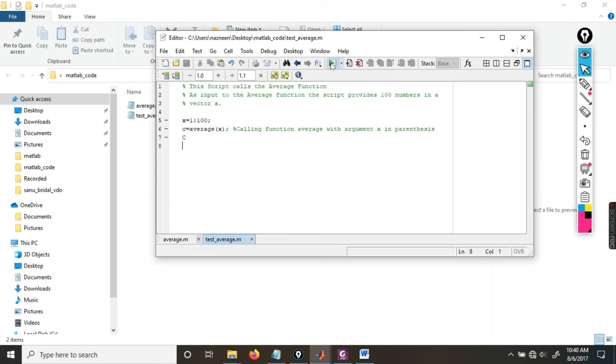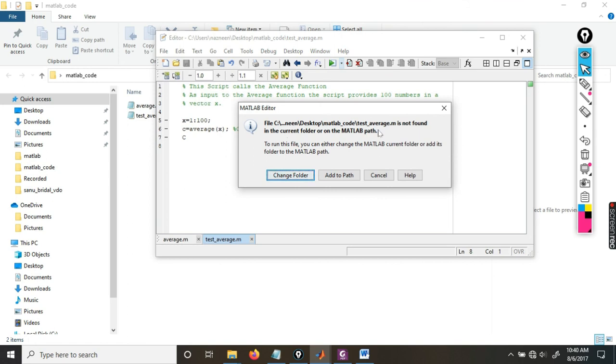If I click on this button, it is asking me to change the path, because if you can see we have been in the desktop path. Now it is telling me from desktop enter into the MATLAB code path, because my script as well as my function both are in that path. I will change the